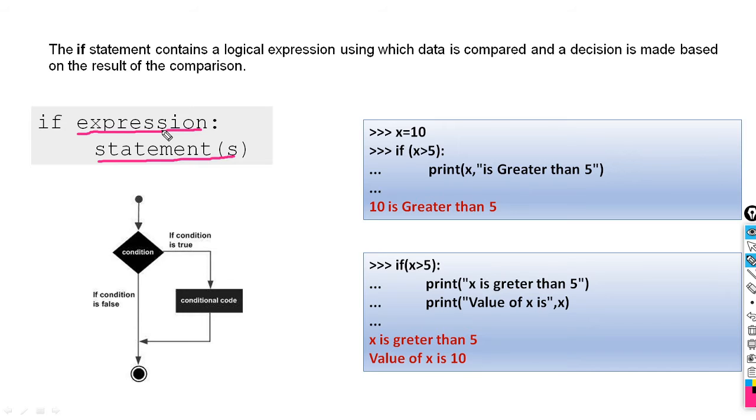So when we use C language, how can we write the if statement? When we write if, some expression, then you should write an opening curly bracket, then statements, and then a closing curly bracket. So what is the meaning of this? When this expression remains true, it will execute the statements present within this pair of brackets.